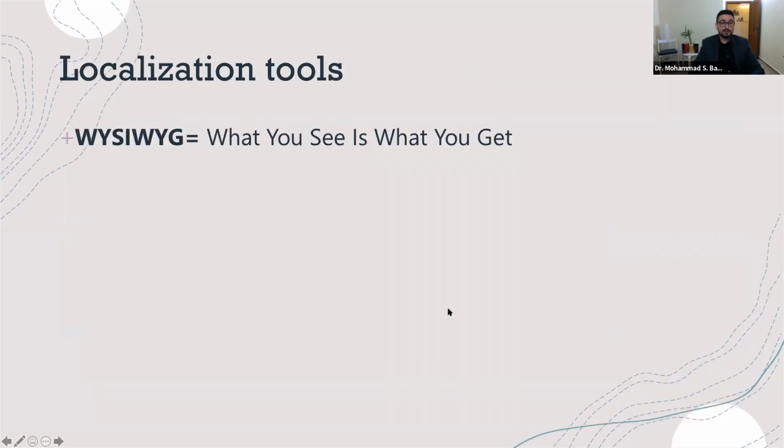Now I'm going to talk about the third or the fourth method, which is called WYSIWYG, or what you see is what you get. And this is the best way to localize a software product. And for this, I'm going to use Pasalo, which is